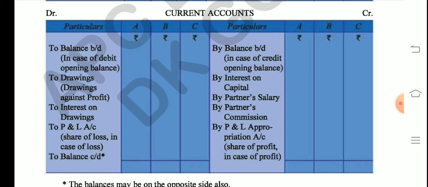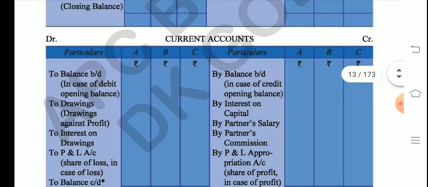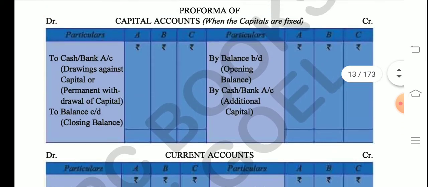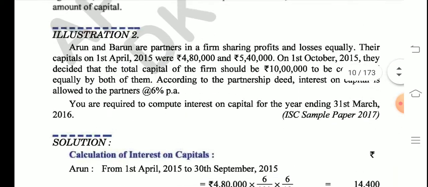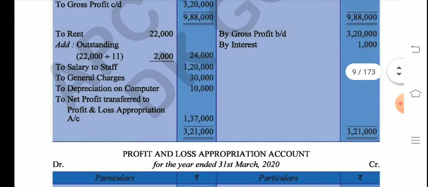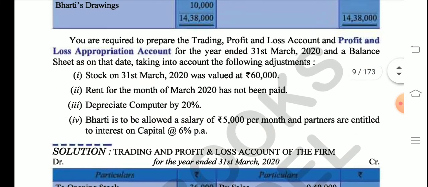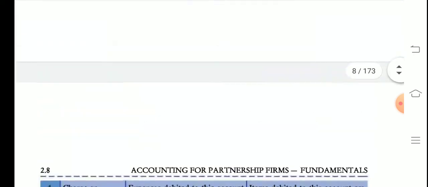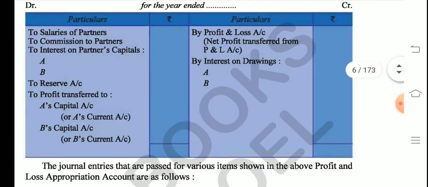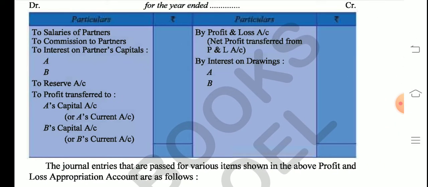So you remember I had told you about the scissors rule, the catchy rule. Just look at this once. You remember, whatever is debit on one side has to be credited on the other side. I had told you about this rule in class 11. So just look at this format. What is given to you in this format? See, to salary, to commission, to interest on partners' capital account. So this is all written on the debit side, right?